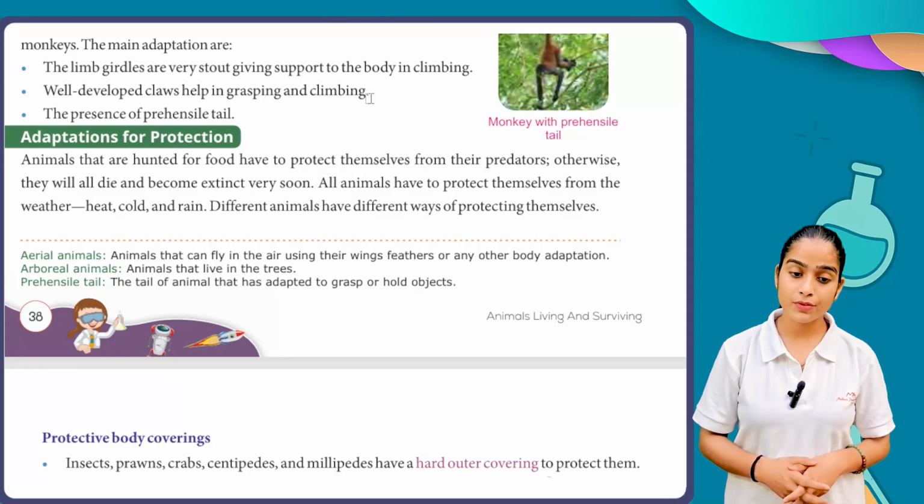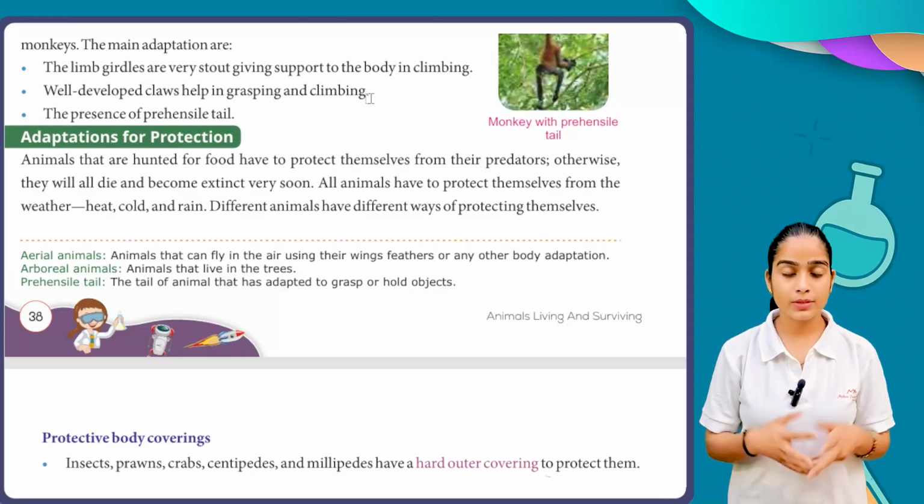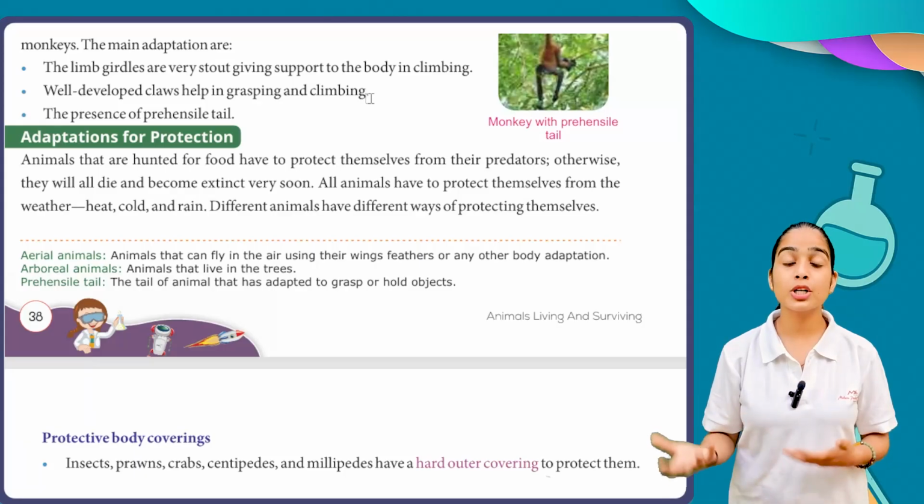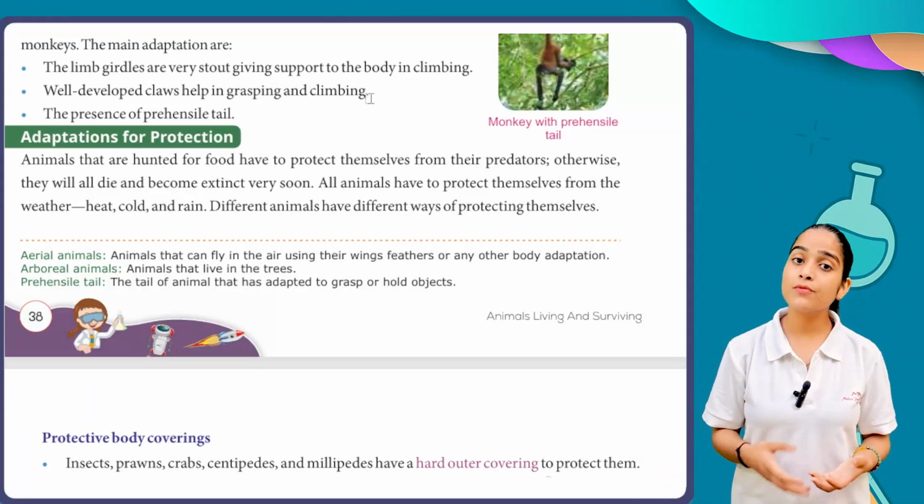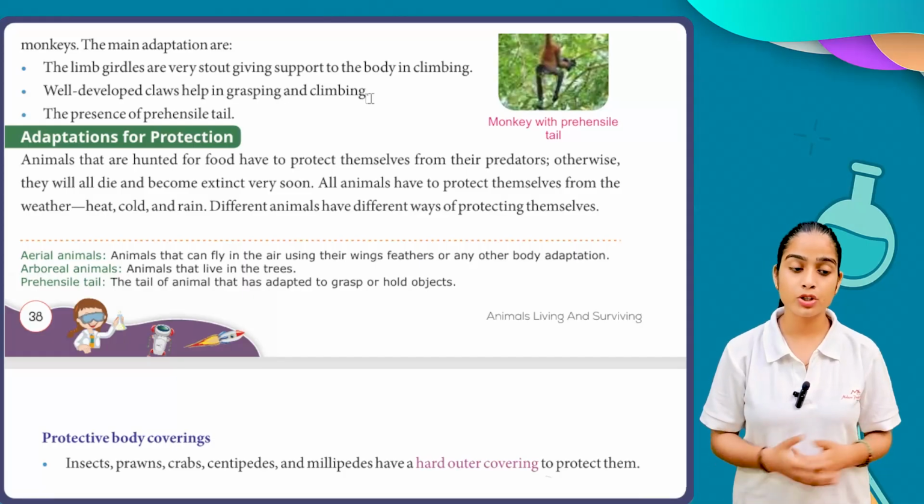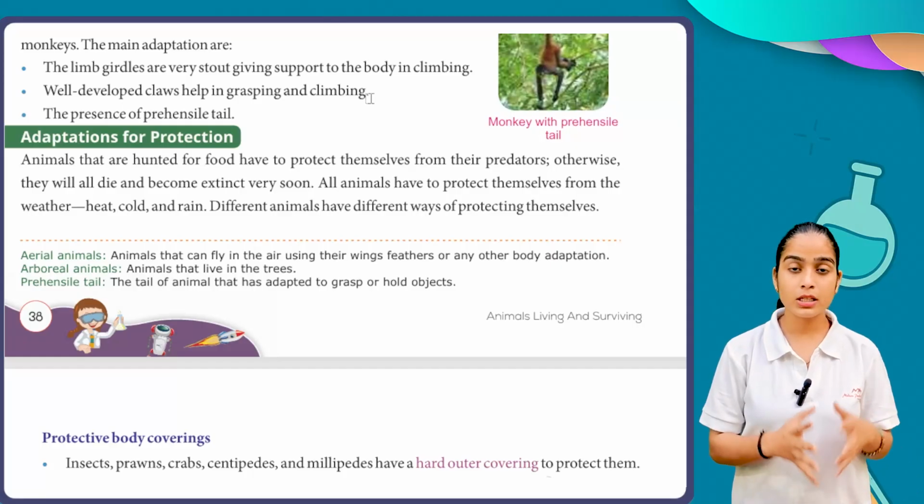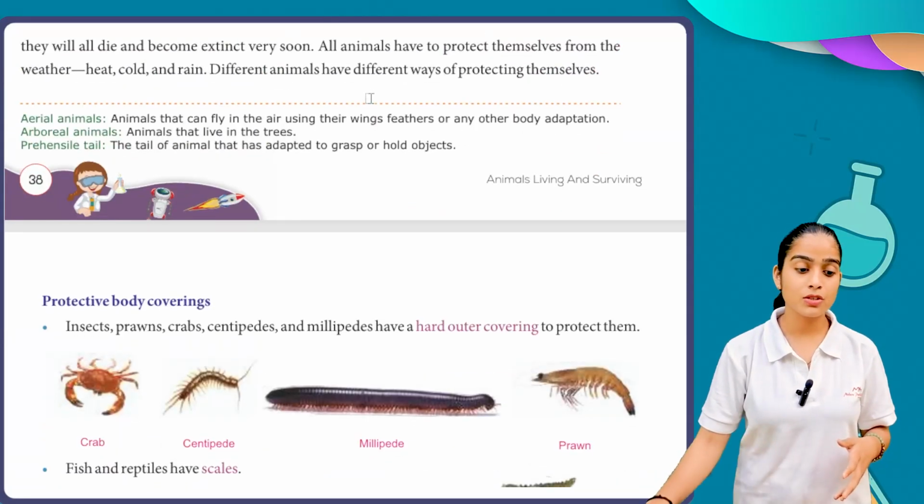Different animals have different ways of protecting themselves. So we need protection, and animals also have adaptations for their protection as well. Adaptations are basically the features they use, according to their habitat, for their protection. Animals are hunted by other animals, so they need something to protect themselves, and the features we have: